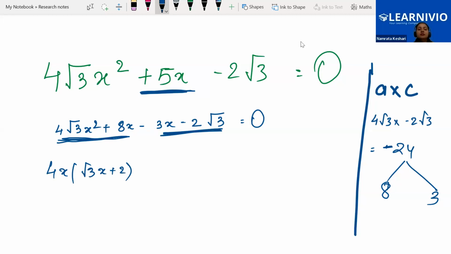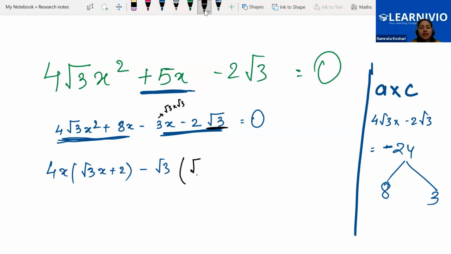Three means minus root 3, because we understand now, we were discussing that this 3 means root 3 into root 3. So if this 3 means root 3 into root 3, then root 3 we can take out common, because here also we are having one root 3. Along with that, the minus sign also we can take out common. Both are negative. If we do so, we are left with